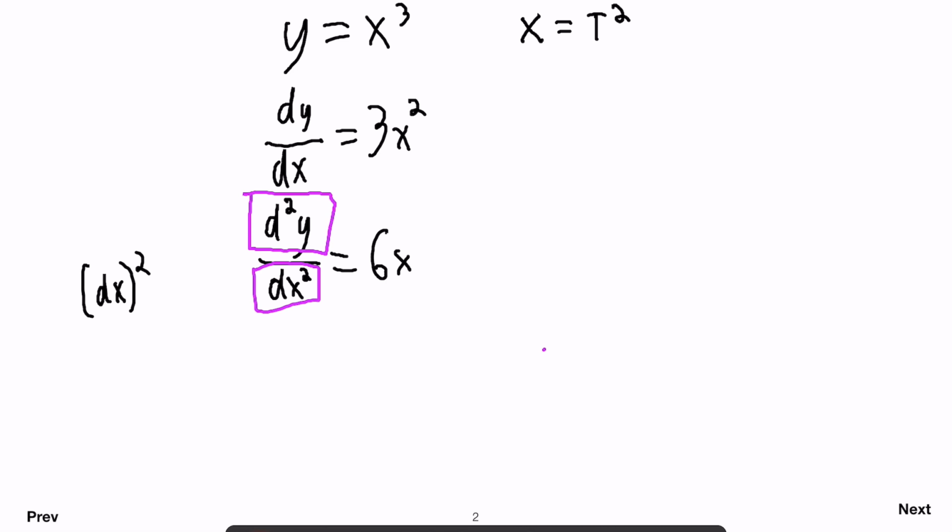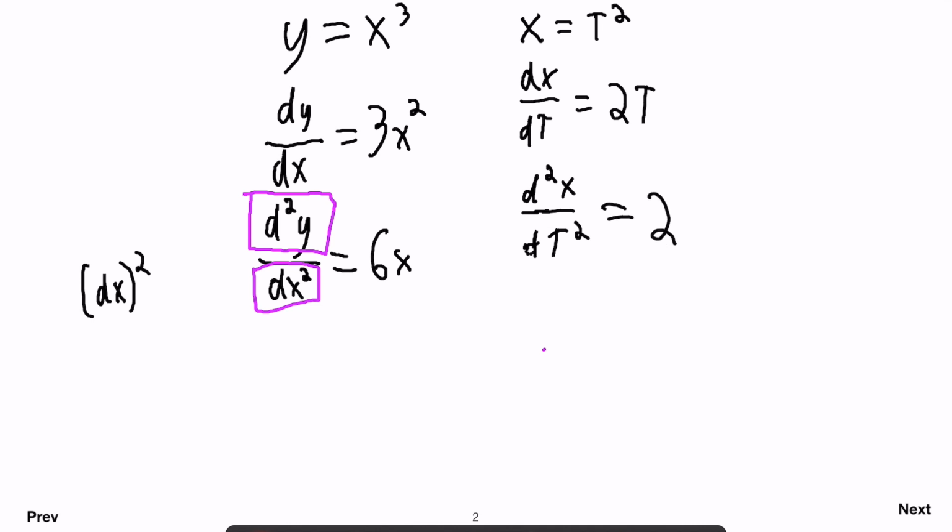Okay, so now let's say we have dx/dt equals 2t, and then we'll say d squared x over dt squared equals 2. It's not really squared, so just to note, this actually means a repeated process. When I say d squared x, I might call it squared, but I really mean the differential of x,